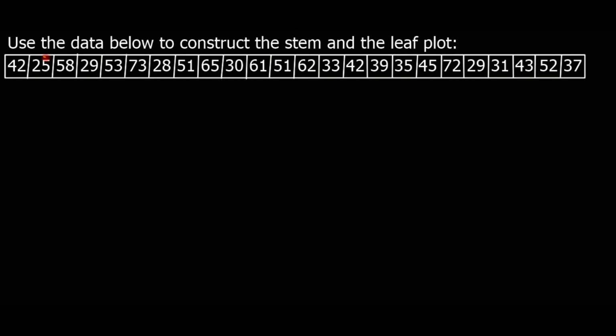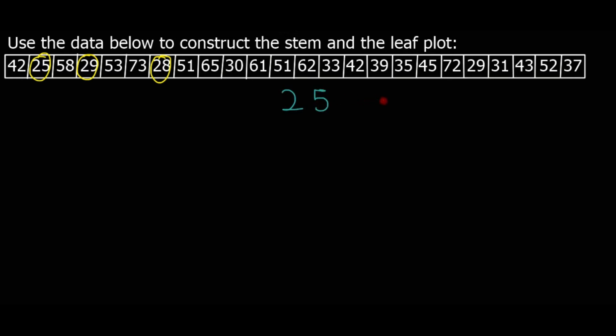You can write here 25, and then next 25 you can see it's 28, and then next it's 29, and then 30, and so forth. But we can group them in this way. The 20 something can be together, the 30 something can be together, and so forth. So we start by writing